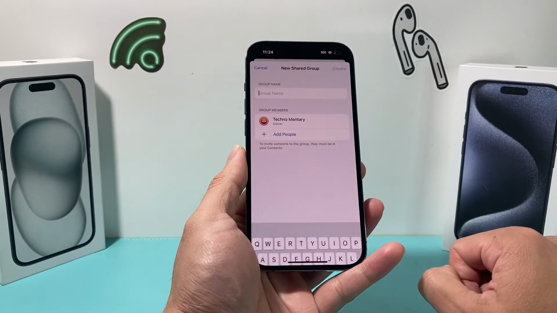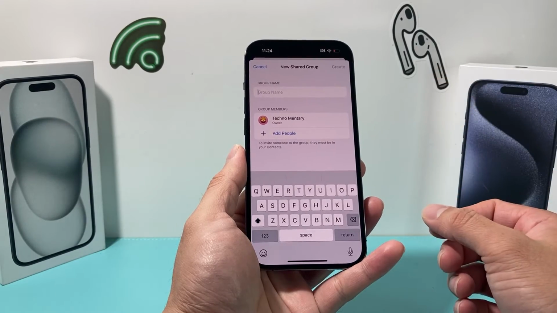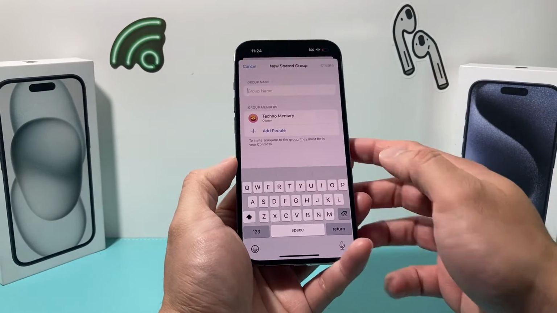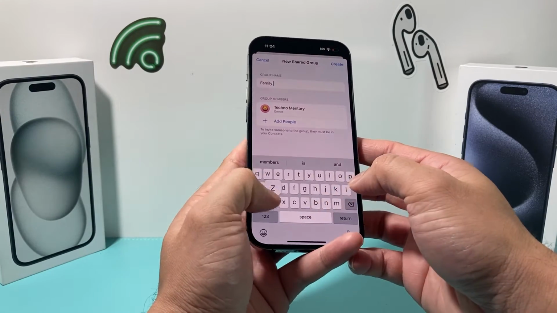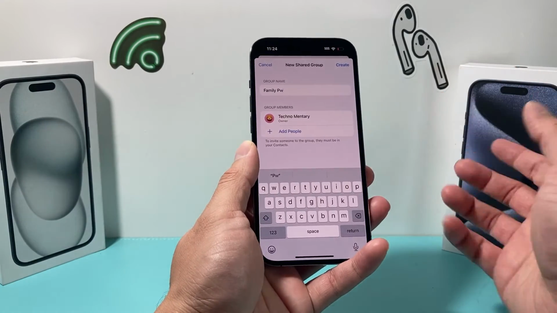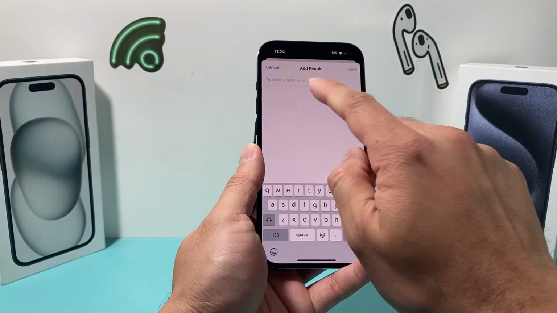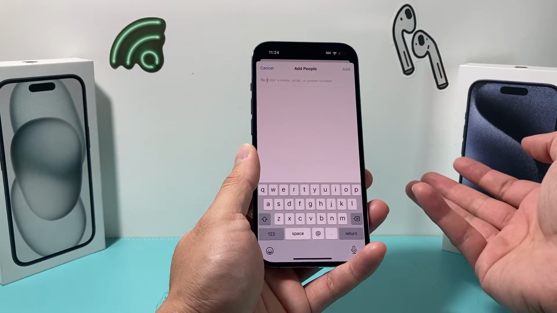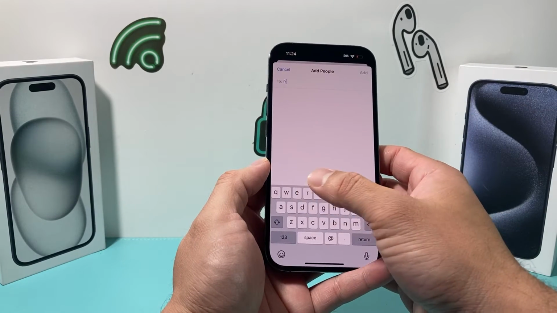So you'll hit continue here. And then we begin by adding the name of the group. Let's say maybe family, right? Something simple, like family password. Maybe you share passwords for some apps that you subscribe to between your family. And then after that, you can simply click on add people, and then you can add their phone number or email, or their contact that's listed here, right? So whatever comes up here,